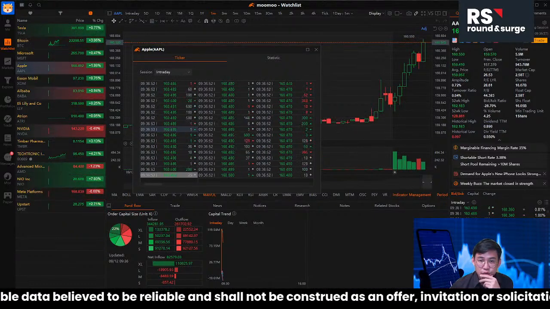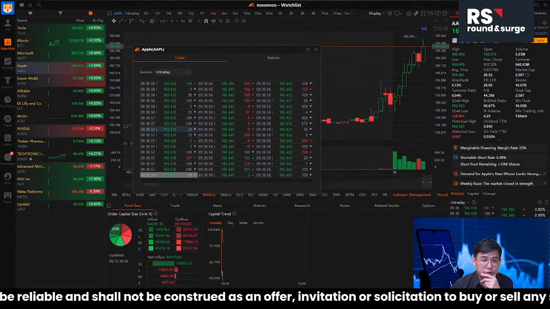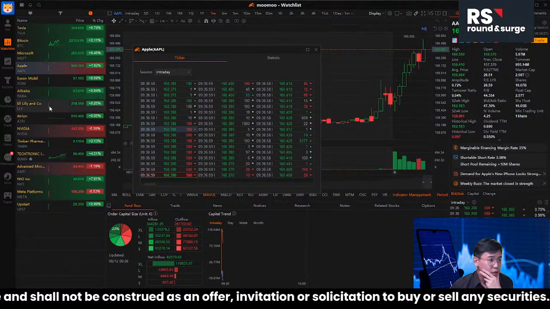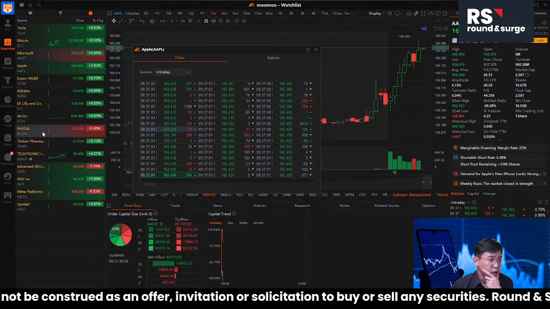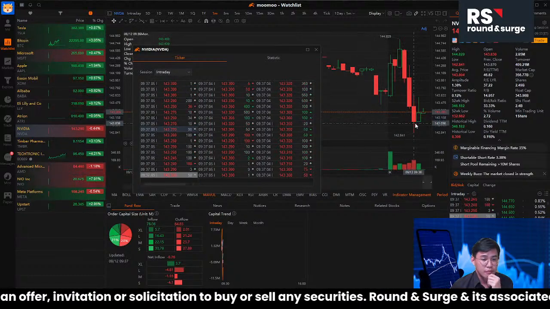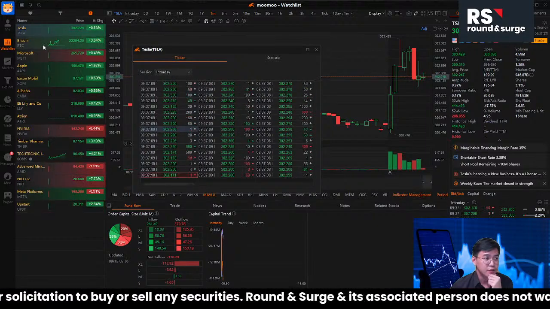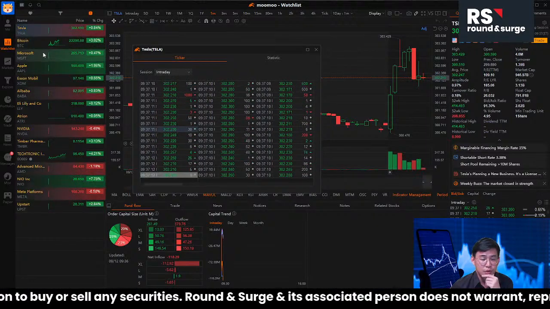So we need to be a little bit more careful on doing the trades. Take it like a real trade, because we need to find the right way to